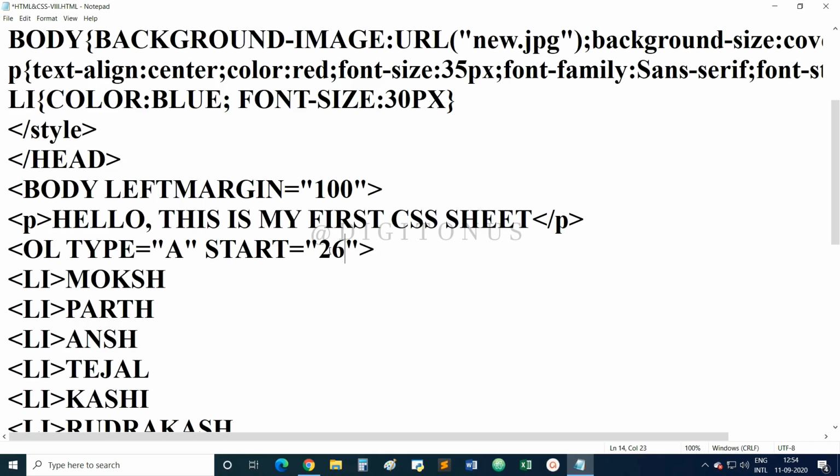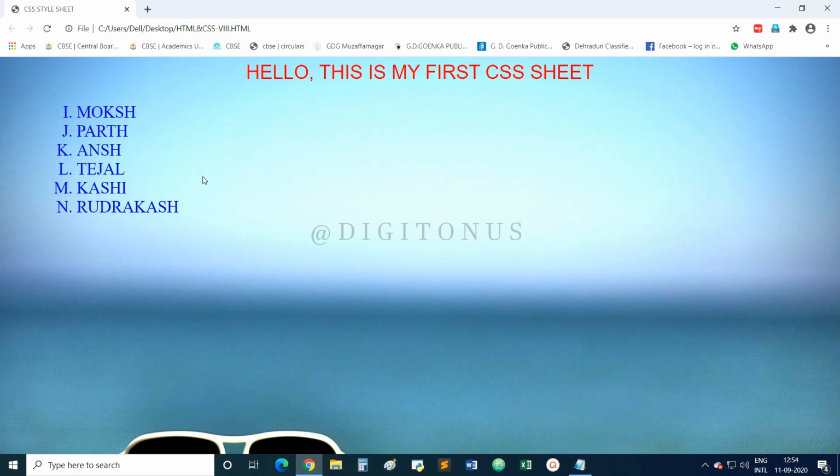It will be like AA, AB, AC, AD. So I have given start equals to 26, so my list will start from alphabet Z because that is the 26th alphabet. Now refresh. Now you can see Z, then AA, AB, AC, AD, AE.